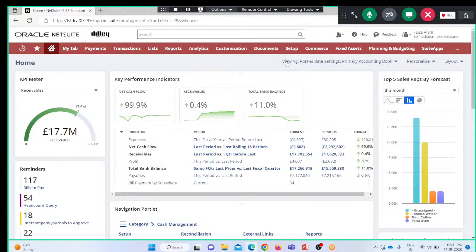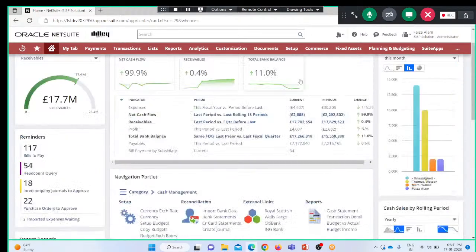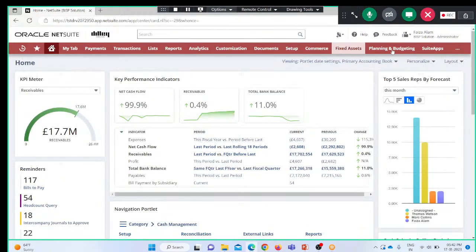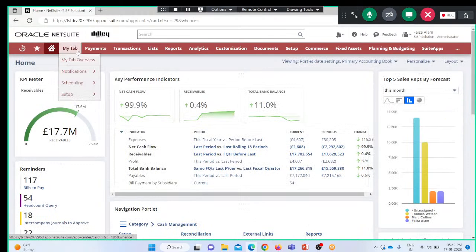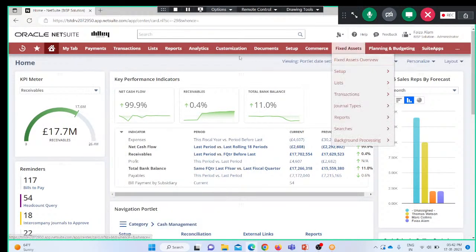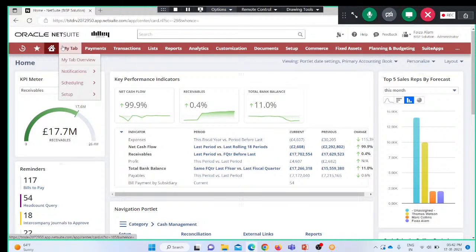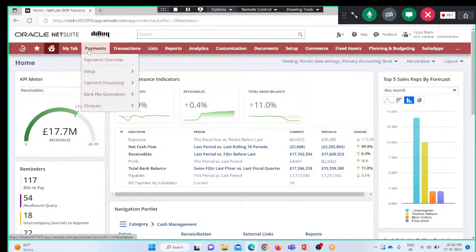So you can see that this is my NetSuite dashboard. I'll be telling you about it and the basic navigation. The panel that you are seeing here is called the center, and here we can see various tabs, and the combination of these tabs is called the center. And each center has certain tabs,